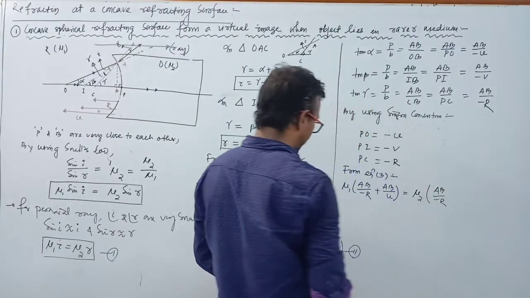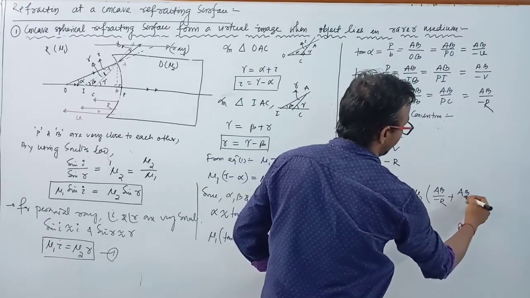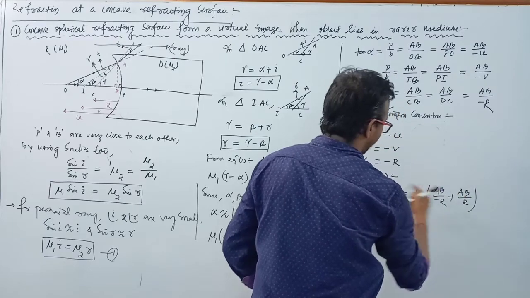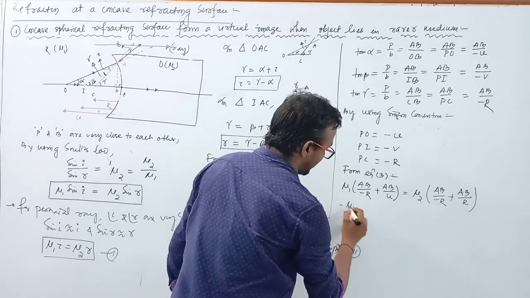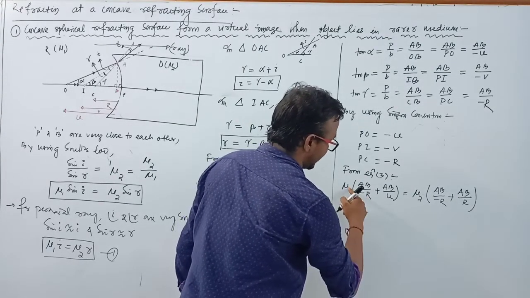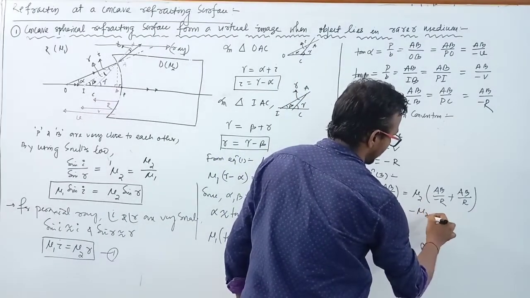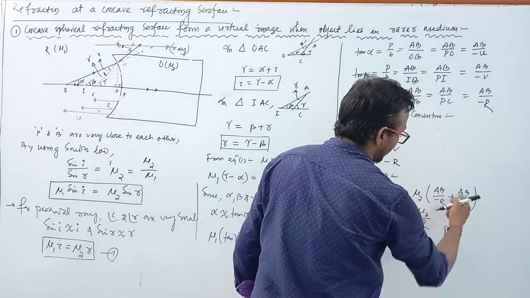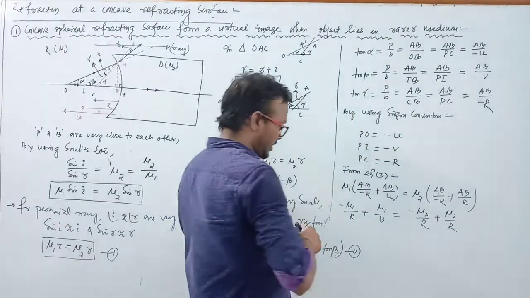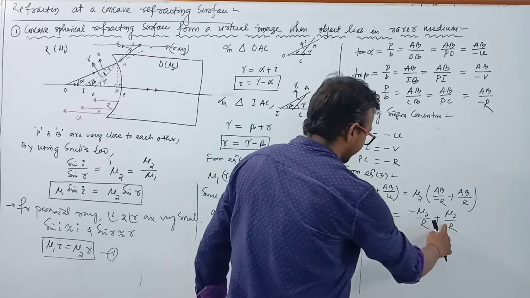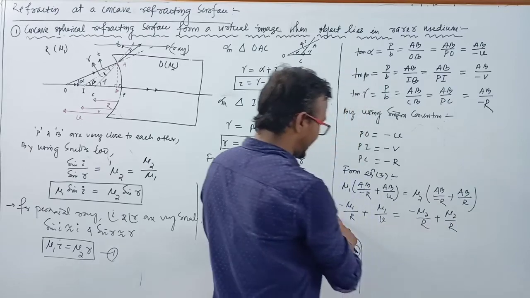And tan gamma is here AD by minus R, and again minus of tan beta, minus plus, so that quantity is AD by R, and AD on both sides cancel. The remaining part can be written as mu1 by minus R plus mu1 by Q equal to minus mu2 by R, then plus mu2 by R. Now rearrange the terms. If we take this mu2 by R from this side, then